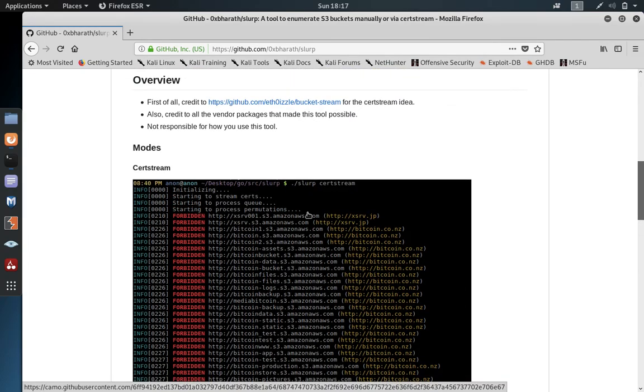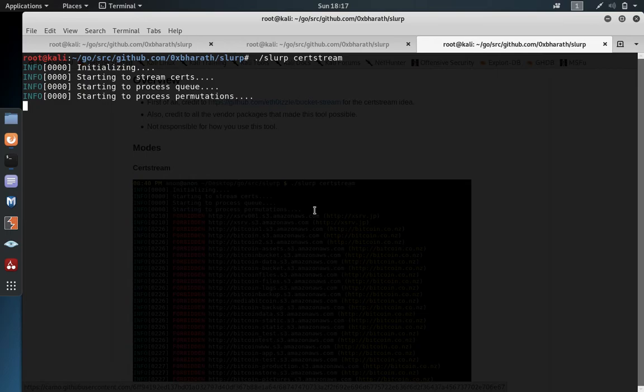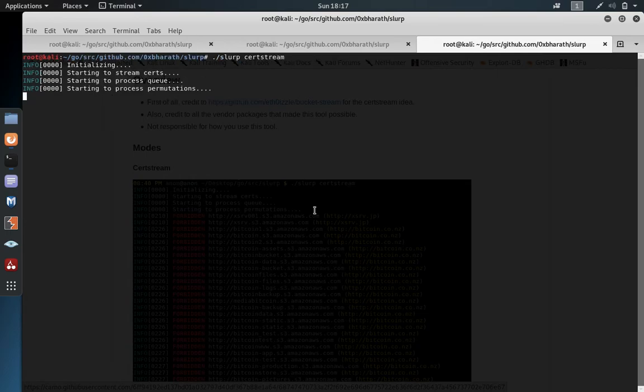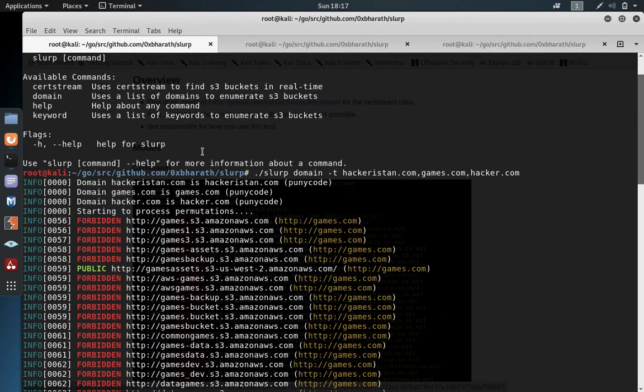We do not need to define any target or something. So whatever S3 bucket in real time is available, which is publicly exposed, it will start searching for them. By the time I'll give you some walkthrough over the links that we have so far found.